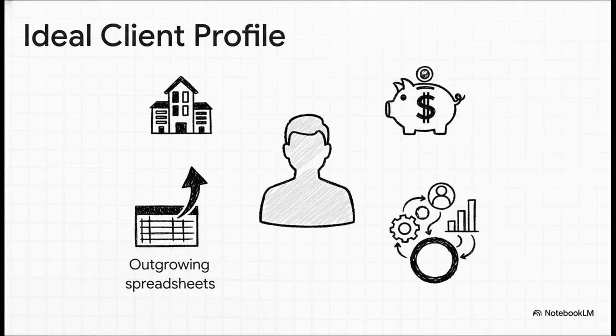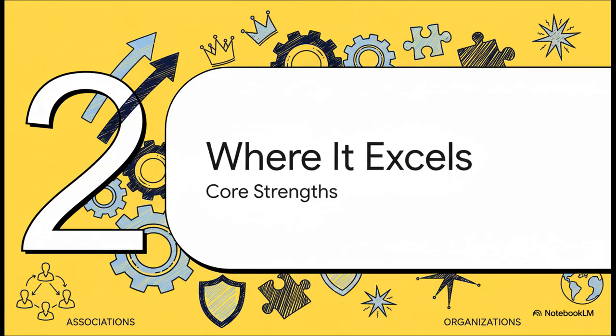So who's their perfect customer? Well, at SmartThoughts, we use what we call a tier classification framework, and NeonOne sits right in our tier 2 and 3. What that really means is it's built for small to mid-sized associations. Think operating budgets somewhere between $500,000 and $5 million. These are the groups who are bursting at the seams of spreadsheets and are desperately looking for a real all-in-one solution. Now for the fun part.